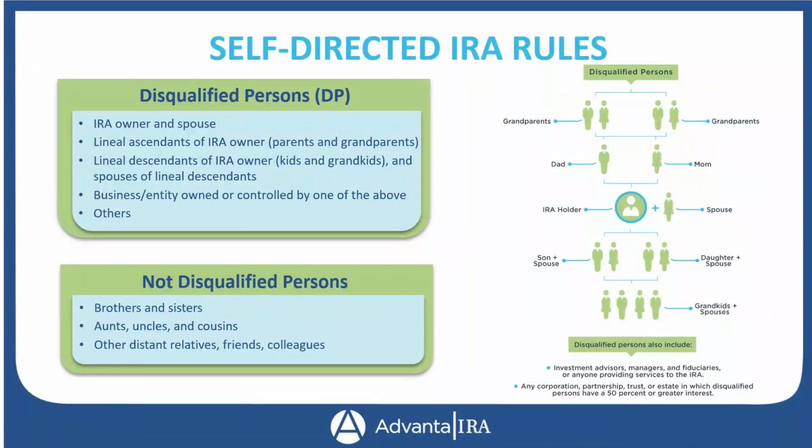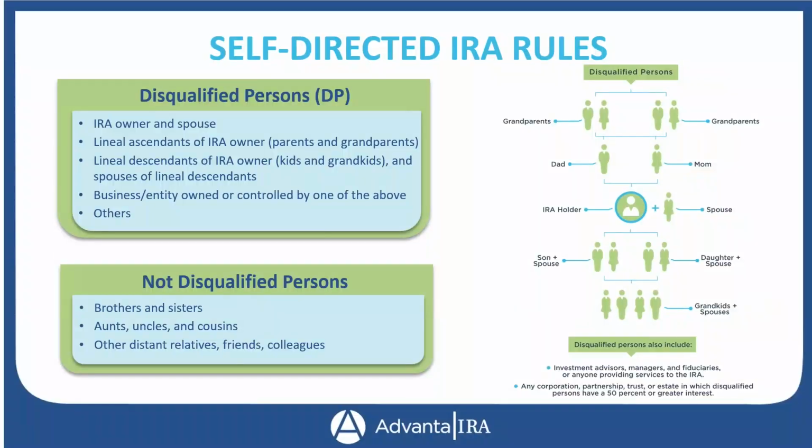So looking at this chart, you're going to see the IRA holder there in the center. And so who are disqualified persons? That's going to be the IRA owner and their spouse. So for example, my IRA cannot transact with Larissa as an individual. So any investments that I have already personally, the IRA can't buy any portion of those investments. It can't pay the money to rehab a property that I already personally own, for example. But that also includes my spouse, my parents, my grandparents, my children, my grandchildren, and any spouses or business entities